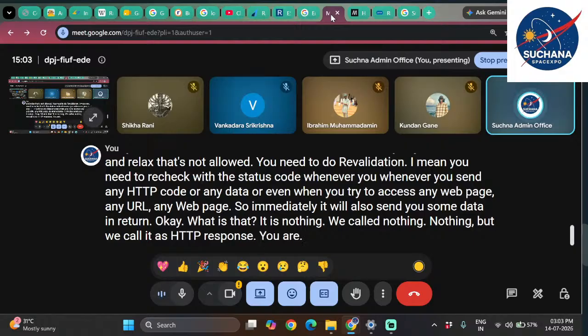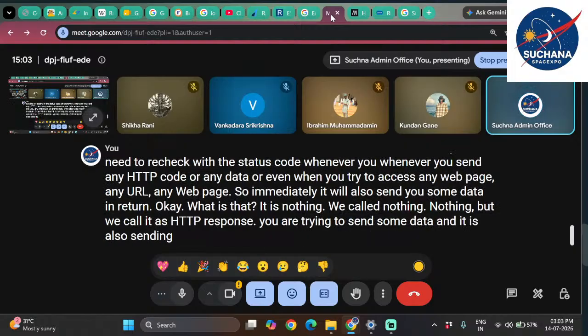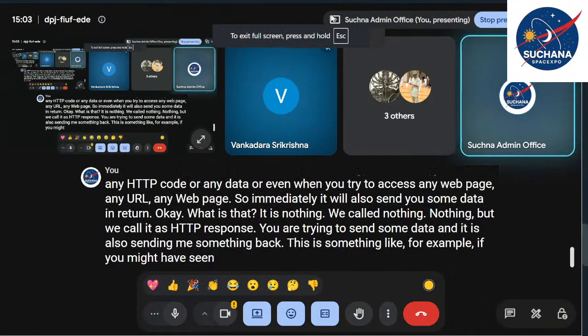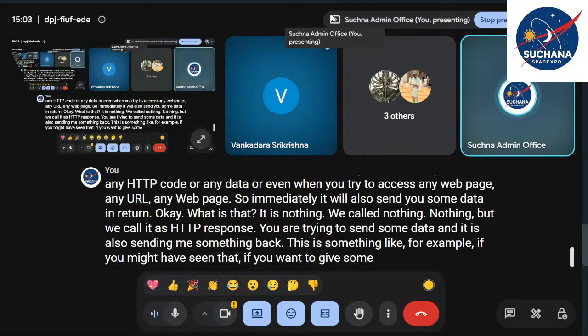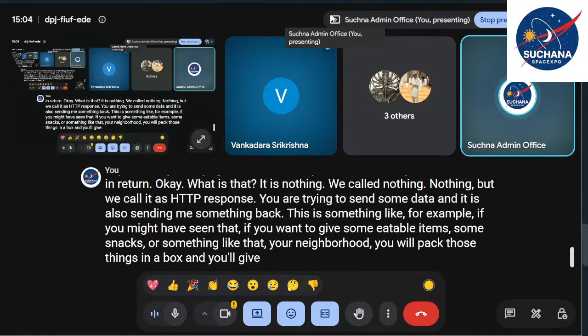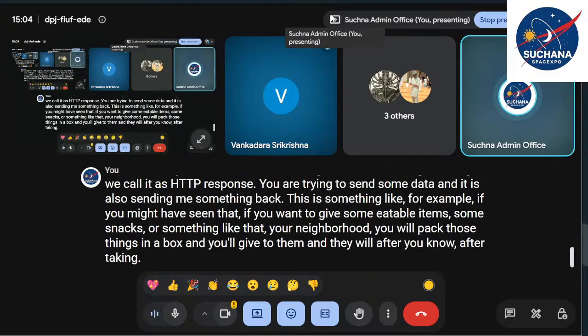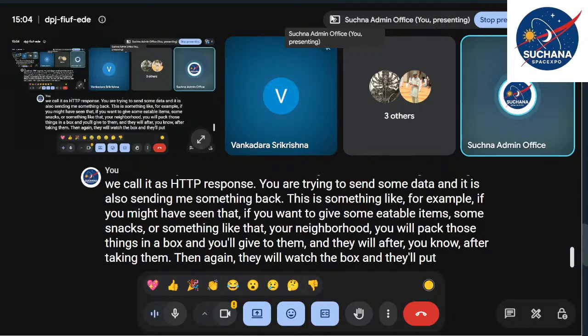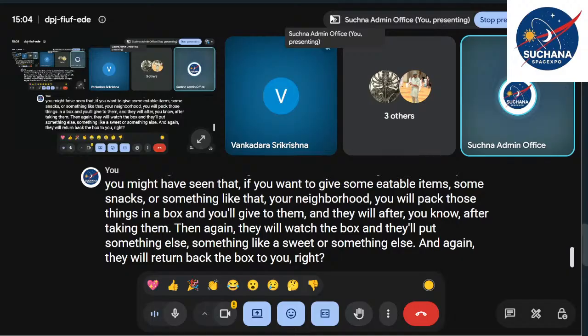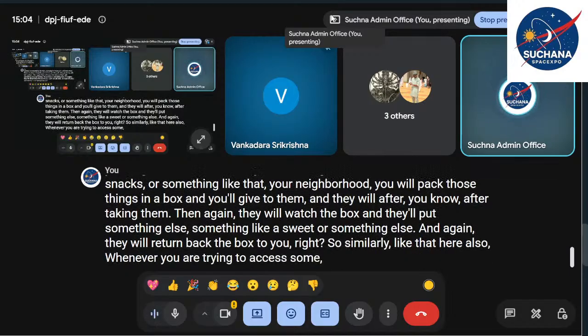You are trying to send some data and it is also sending you something back. For example, if you want to give some eatable items, some snacks, to your neighborhood, you will pack those things in a box and give it to them. After taking them, they will wash the box, put something else in it, like a sweet, and return the box to you, right? Similarly here also, whenever you are trying to access some web page,